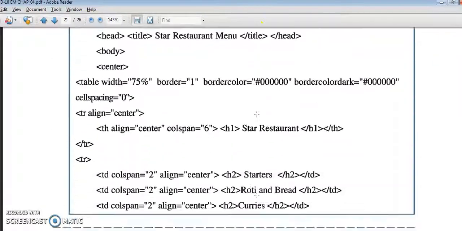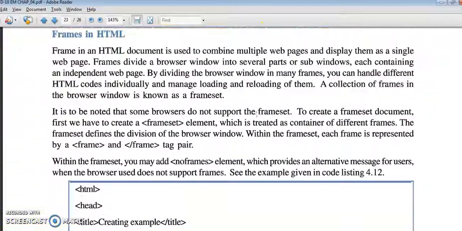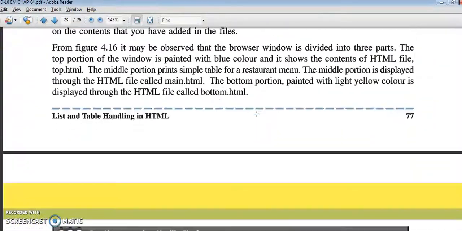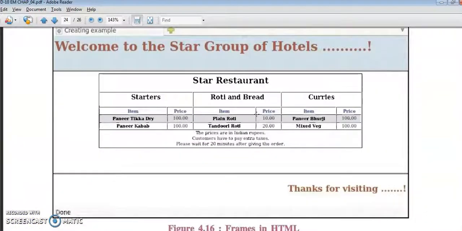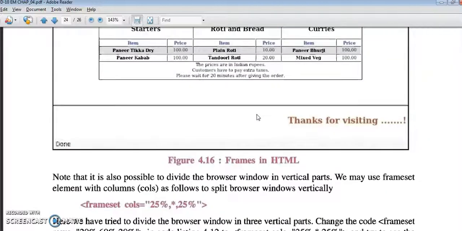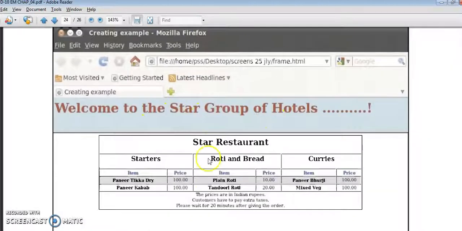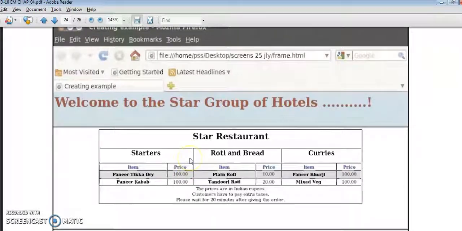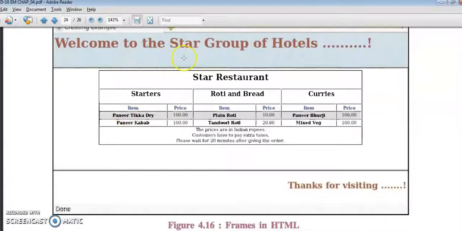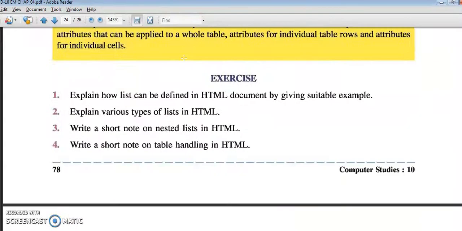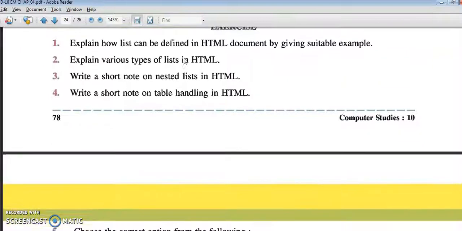Already coding is there. I hope you will continue this coding. If I get time, I will try to complete it. But this is your responsibility. For practical session, the content is given like this. In our practical exam, I will ask from any of these. How to create a table, how to complete it.